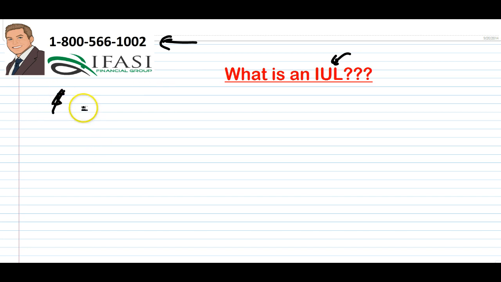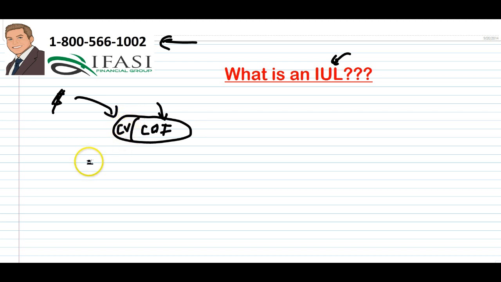Now, with any sort of life insurance policy, any sort of permanent policy, you have money that goes in, and kind of look at this little ugly egg shape as your life insurance policy, and it goes into two different factors, right? One portion of your money goes into something known as the cost of insurance, and the other portion goes into something known as your cash value. Now, let me just focus in on the cost of insurance, and then I'll give you the generalization of everything and then delve into the specifics.